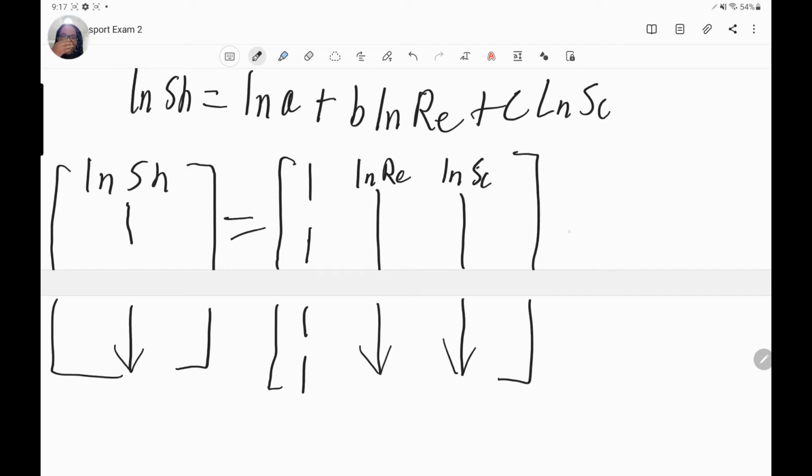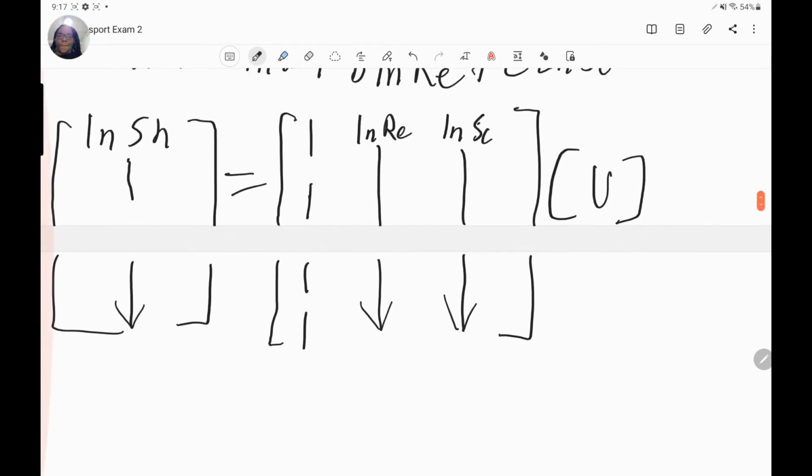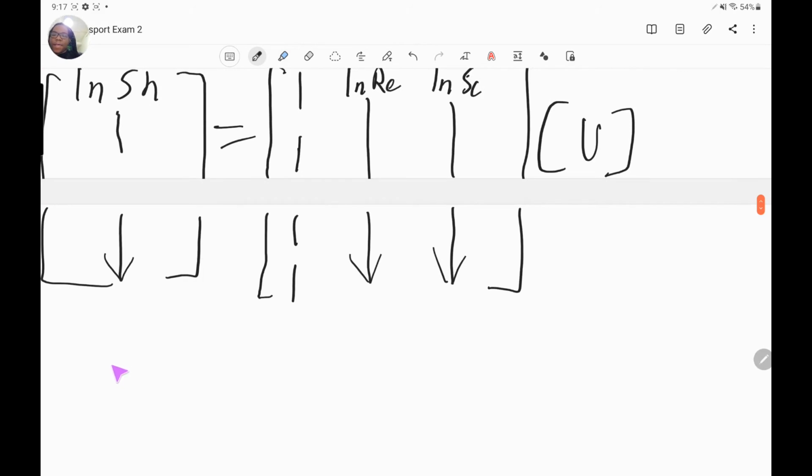We're going to all have that in the quantity. And then we're also going to have our unknowns. Our A, B, and C are unknowns. All go into this matrix. So we're going to rewrite that out as ln equal to X